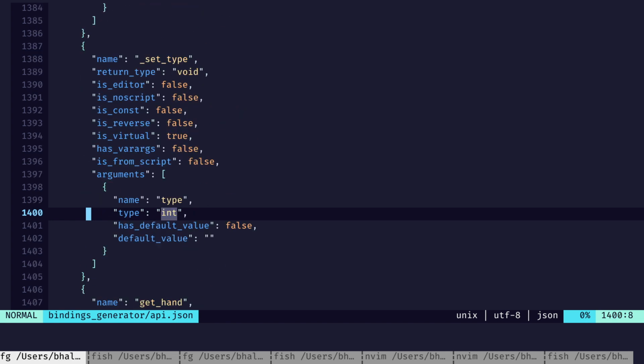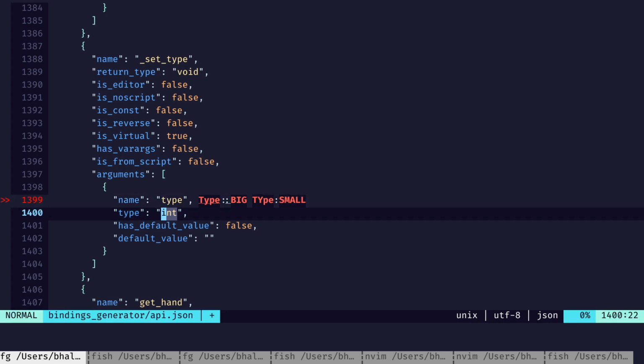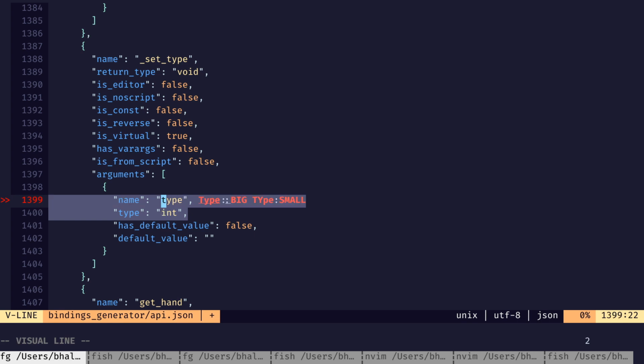So if in this case, this happens to be taking an enumeration, it actually would say that... well, hold on, let me say this a different way. If set type, if its first parameter, this type here, was some sort of type enum, and it had maybe like a big type or small type, those would actually be i64s, but the API in the JSON file would say just that its name is type